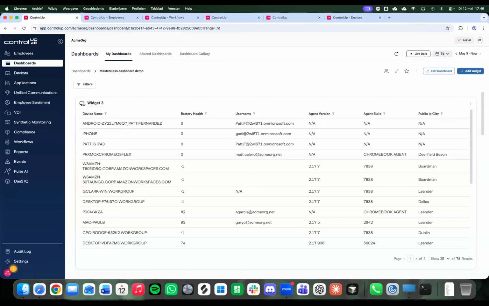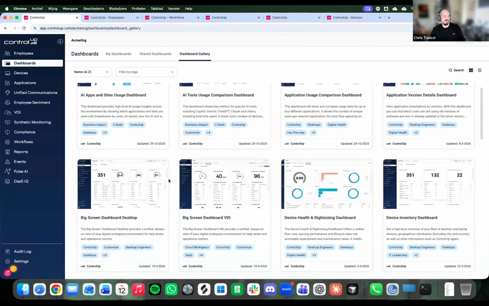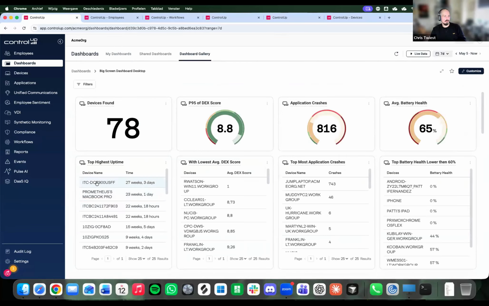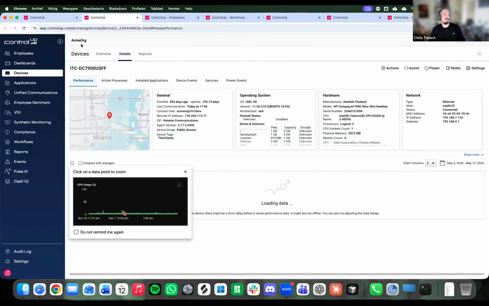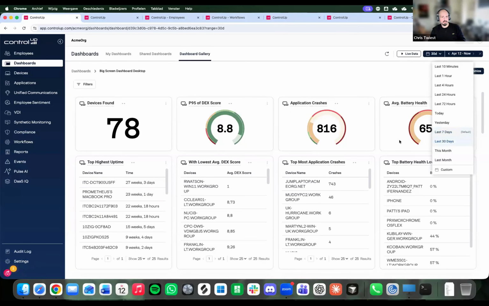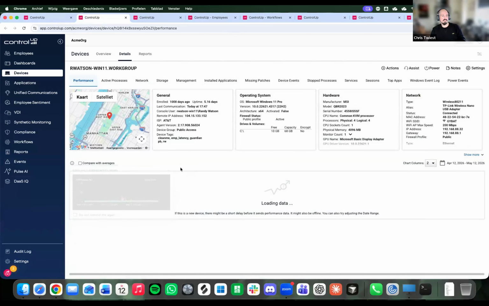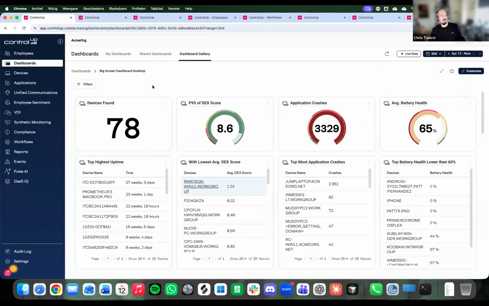Does drill through work from summary widgets down to individual session or device detail? Yeah, that's what I quickly glossed over. What we recently released is yes. We have this drill down capability. If you click on a device, it will bring you to a device or a session. And yes, it now includes the time frame. If we do last 30 days and I click on a device, this will also be the last 30 days of that device. So we now have drill down that fully works together with the data. So the answer is yes.